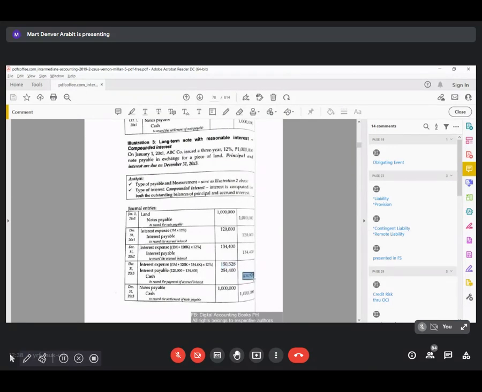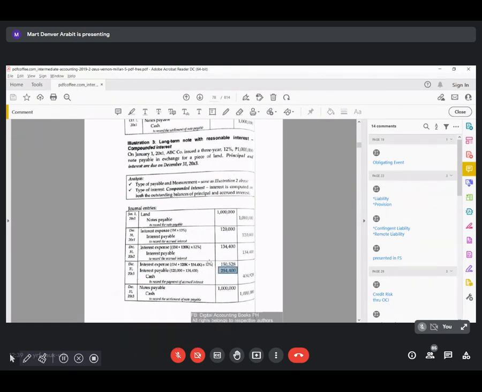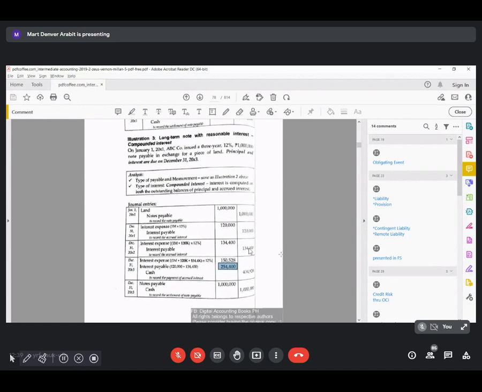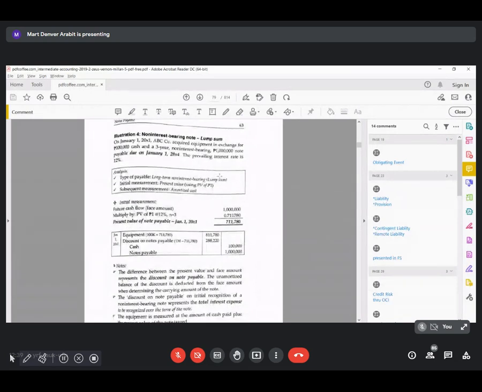Ito pala, sorry, 404,000. So that is the sum of 150,000 interest expense for 2023 and yung 254,000 na accrued interest from the previous 2 years. Okay, so question in illustration 3. Okay, pala, tuloy tayo sa illustration 4. So illustration 4,